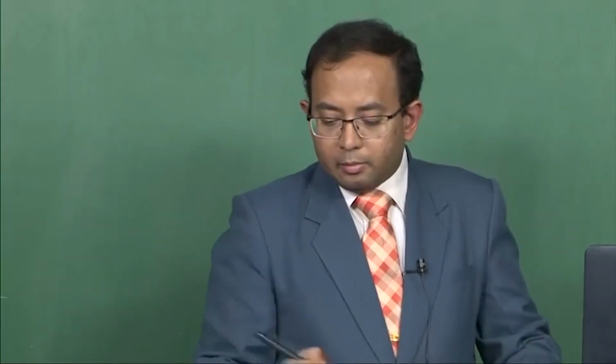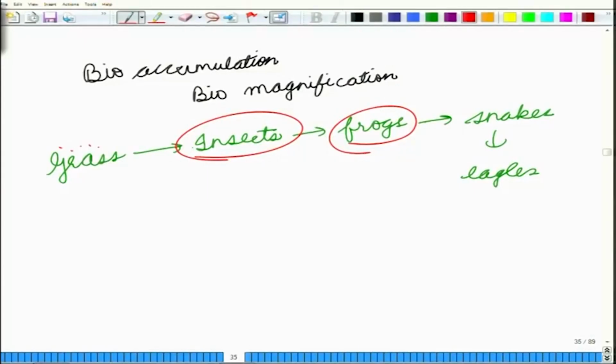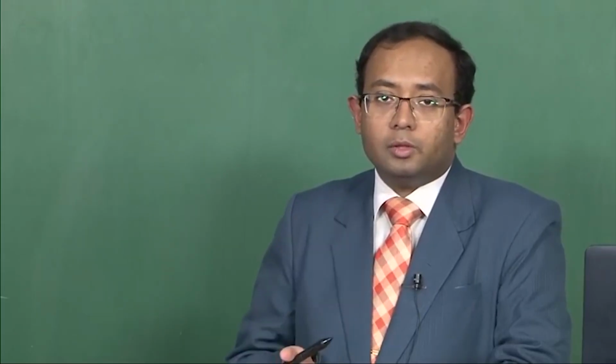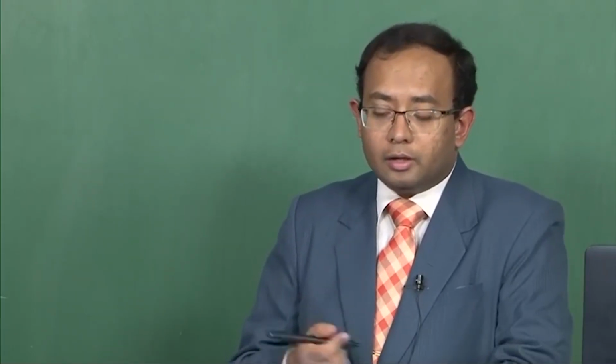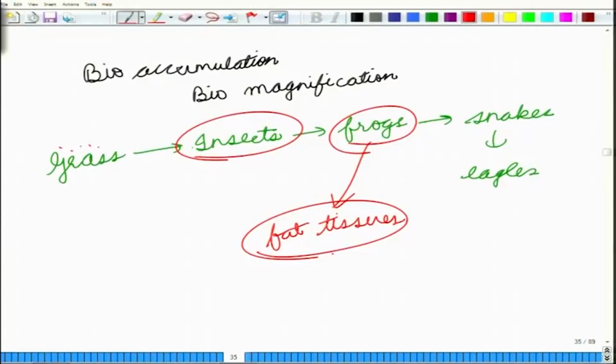So, in those insects you will have some chemicals that are inside their bodies. Now, when these insects are eaten by the frogs, the chemicals reach the bodies of the frogs, especially those chemicals that can reside in the fat tissues of the body. If a chemical is water soluble, in a number of instances it will be removed from the body along with the urine, but if a chemical is fat soluble, it will go on accumulating in the body.